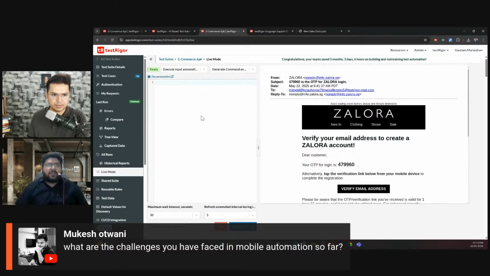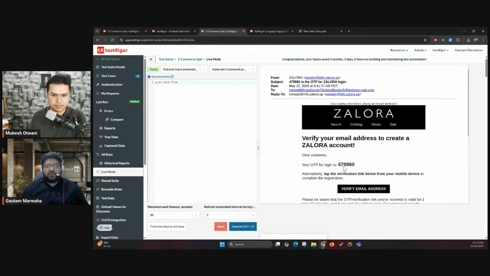We'll use a grab command for that. So we can simply say grab value from. First we have to make sure that we are just grabbing the text, right? So we'll use some kind of a regex or template to get the digits only. So I'll use regex as this at this moment. So grab value of